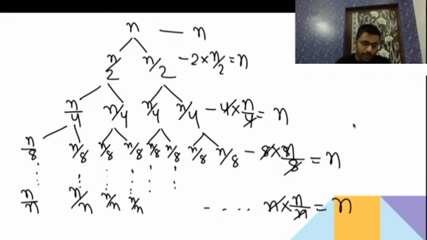Himanshu, it is not n square. So at every level we are doing n amount of work. So we need to find till how many levels we need to go. And you know that n is going to be something like a power of 2, then only it will work, because it is increasing as 2, 4, 8, as a multiple of 2.